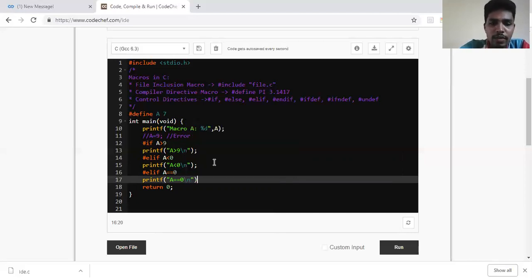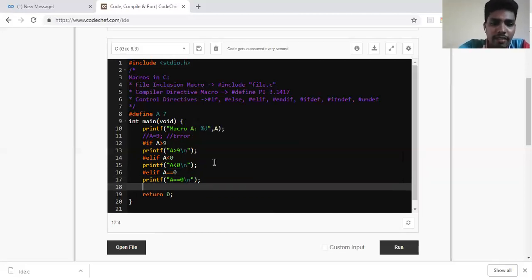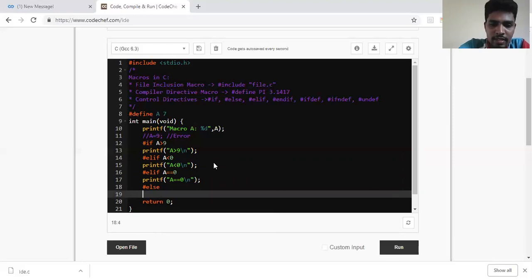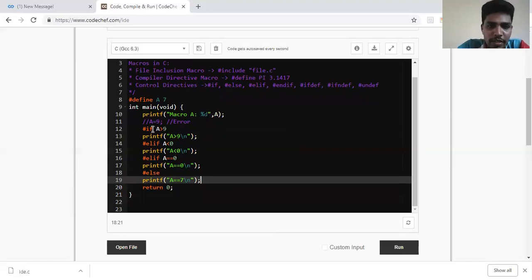Okay. The last one, I'll go for printing the value of A, or I'll be telling A equal to 7. So I'll be writing hash else, printf "A equal to 7 \n", semicolon. So now if you see here, I've written if, elif, and then else.